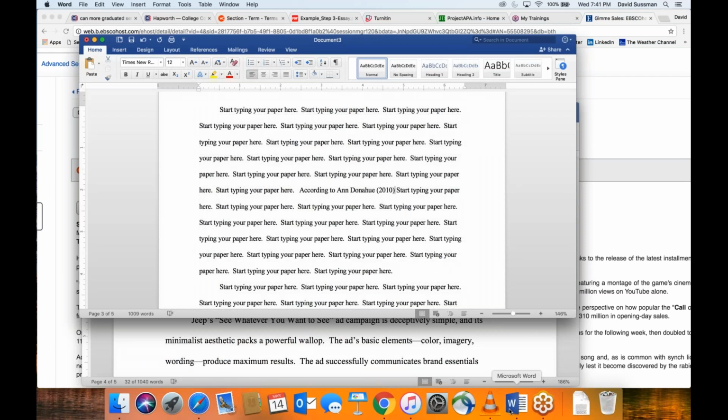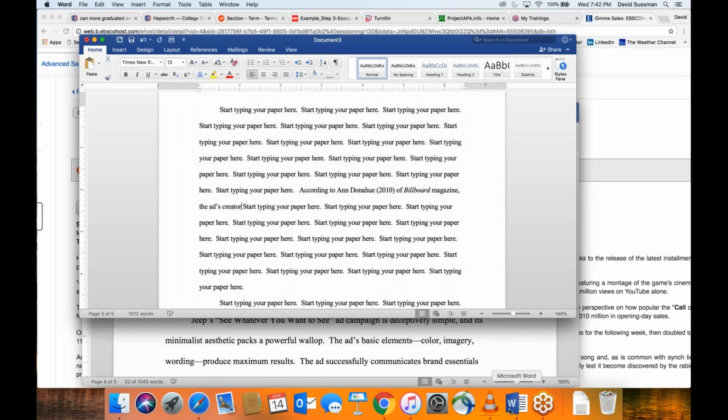And you can add additional information if you want. You don't have to, but you could say, according to Ann Donahue of Billboard magazine, the ad's creators specifically wanted, I'm having trouble typing today, Gimme Shelter for the Call of Duty commercial. I know, I need to fix that little error there. Okay. According to Ann Donahue of Billboard magazine, the ad's creators specifically wanted Gimme Shelter for the Call